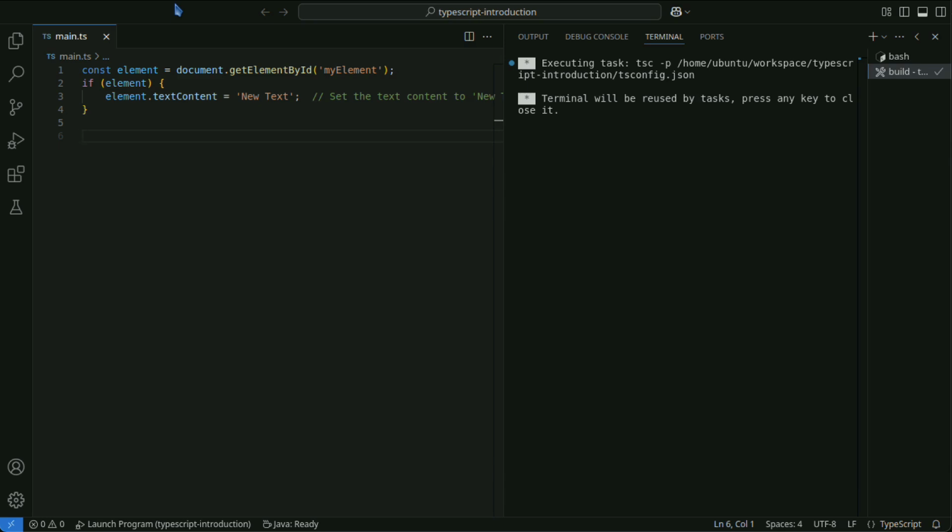You can use textContent or innerHTML of an element to change its displayed text or HTML content.